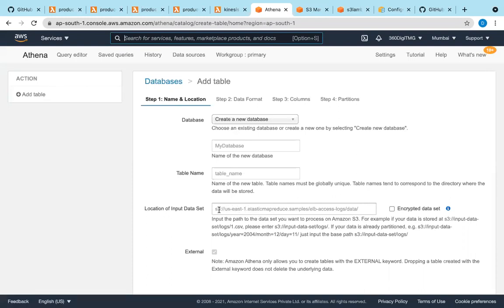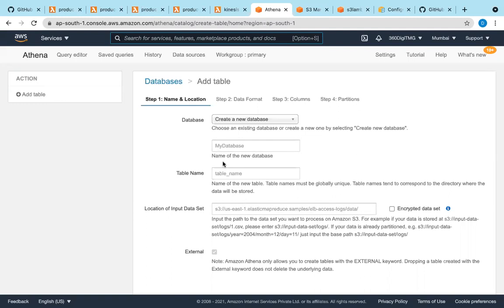Otherwise, what you have to give is any .csv, JSON, or any other format which can be written into tabular format. You have to give the location of that data set. That's it. Athena has to read from it. Sometimes these kinds of errors happen when you try to convert to Athena. But this is the procedure.